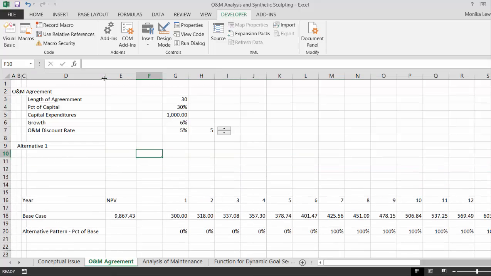So I'll put year 1 is 0, and year 10, that might be too much, 7 is 100% of the base. And year 15 is 200% of the base, and year 20 is